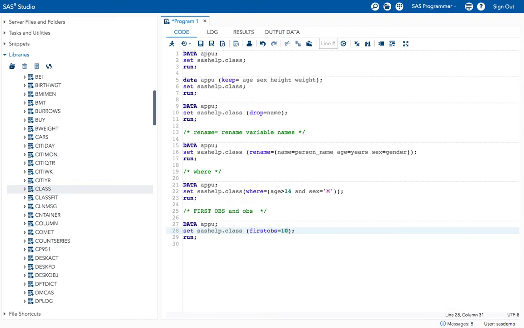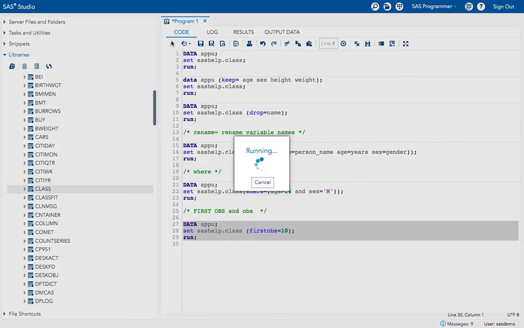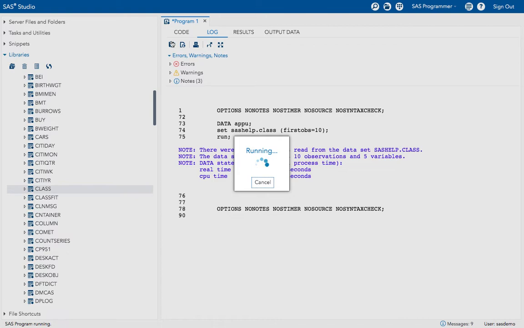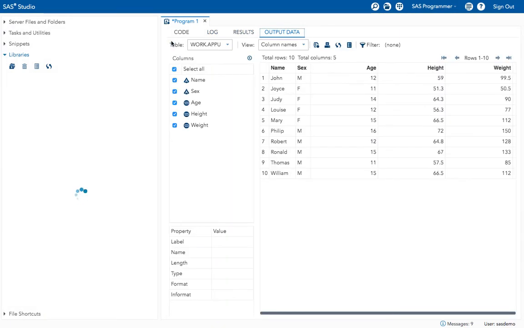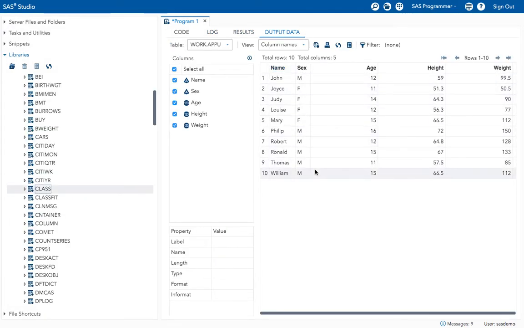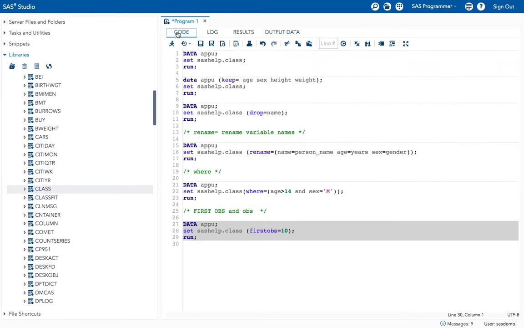Now run the program. Let's see what's going to happen. What I got? Only the first 10 observations, right? So this is why we use the OBS option. If you want only the first 10 observations, then you can give 10 here.